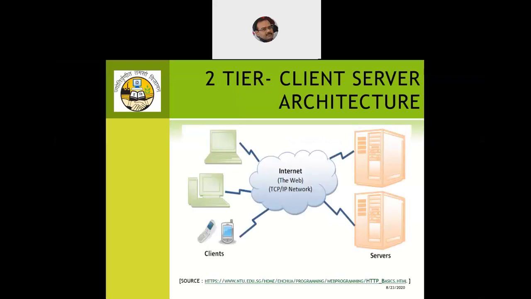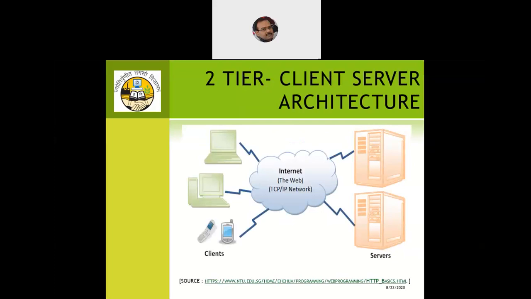Initially, the prerequisite of the subject is that a person must have a good or basic knowledge of the client server architecture, because that's the basic fundamental for learning these web technologies. So we start with the two-tier client server architecture, where on the left-hand side we'll have a client, and on the right-hand side the server, and both of them are physical, tangible assets, meaning they actually exist. A client is a machine, a hardware, same way the server is a machine, a hardware, which actually exists. And both of them communicate over the web, what we call the internet or the world wide web.